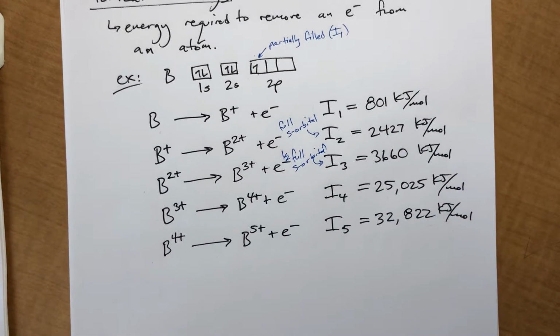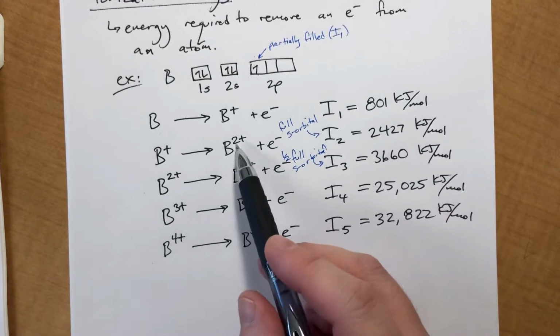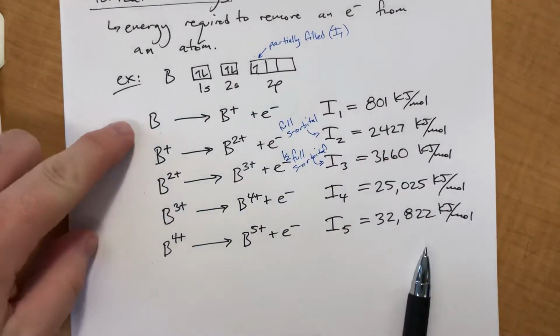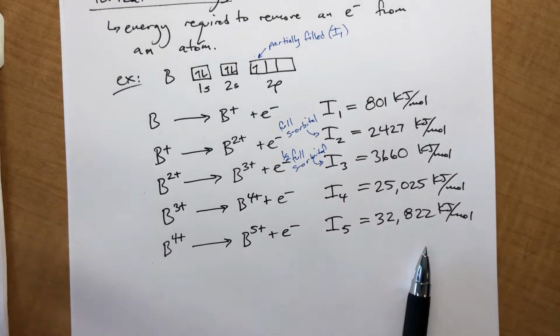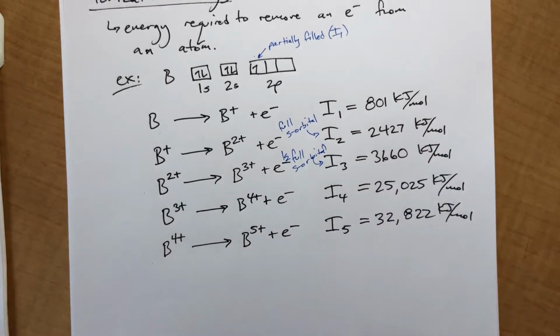Okay, really not a big deal. It's not as big of a deal as this one. Yes, it takes more energy because you're ripping negative things off of something positive, and negative is attracted to positive, so the more positive this gets, the harder it's going to be to rip electrons off, which we see as this number keeps going up. But the difference is not very big here. Okay,